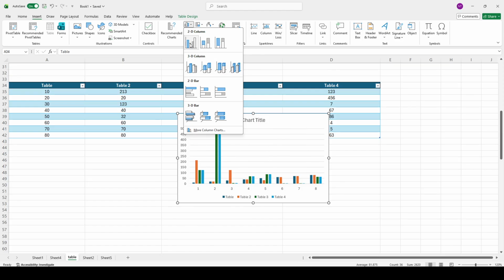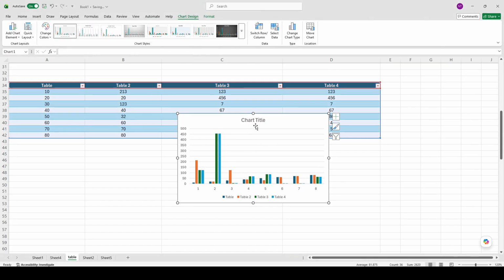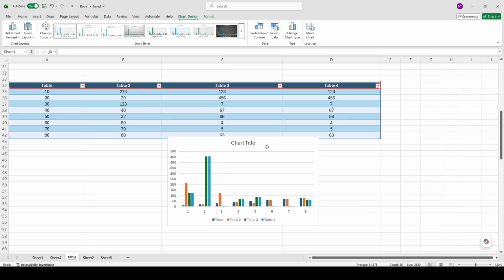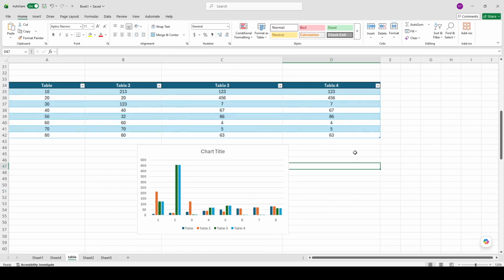As soon as you select it, Excel will create the chart automatically and place it in your worksheet. This type of chart is useful when you want to compare values across categories in a clear horizontal format. It is one of the most common bar chart styles because it is easy to read and works well for many types of data. If your chart appears right away, that means Excel has successfully used the selected table to